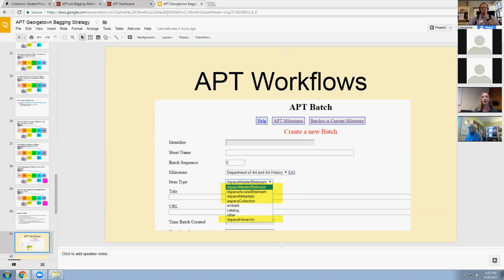Great. All right. Well, as Terry said, now I'm just going to show some of our workflows and then do a live demo for you all. And this screen shows what we'll look at in a minute, which is our dashboard.